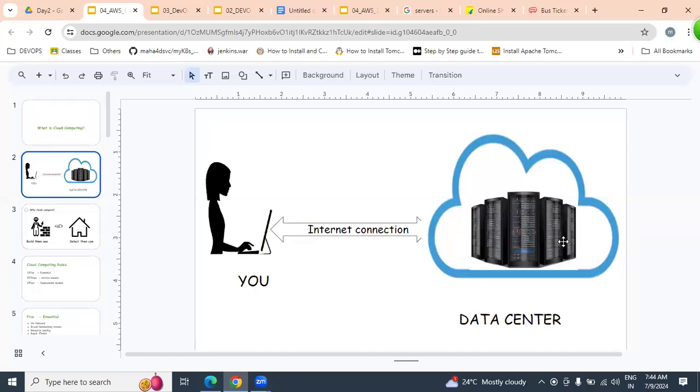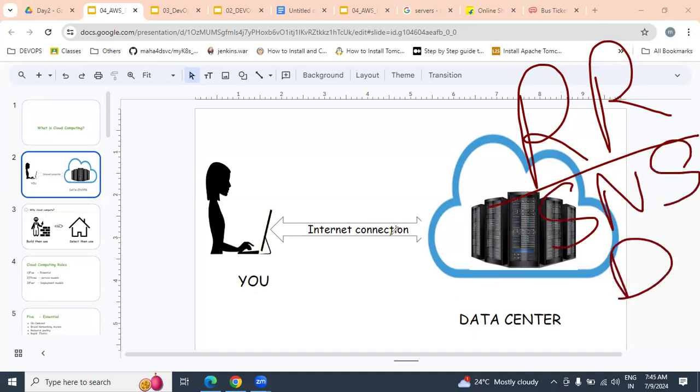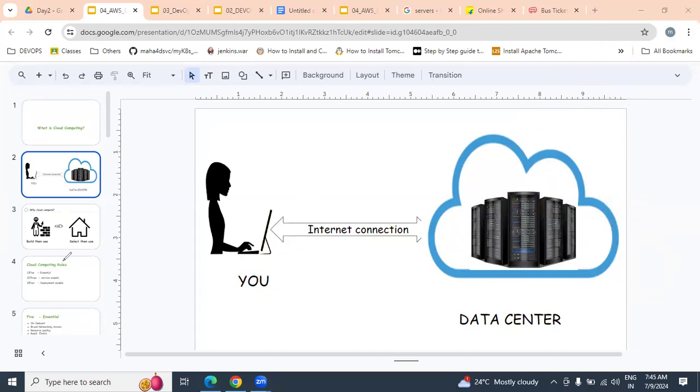What is cloud computing? If you can access remotely placed resources such as servers, network, storage, databases over the internet from a laptop, it is nothing but cloud computing. I hope all of you understood what is the cloud.